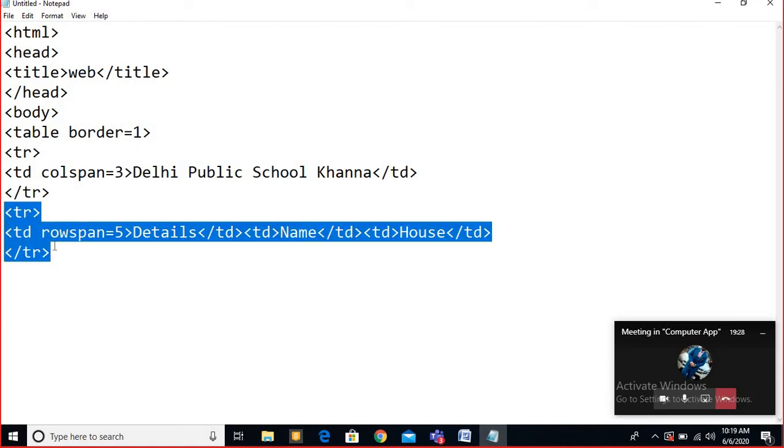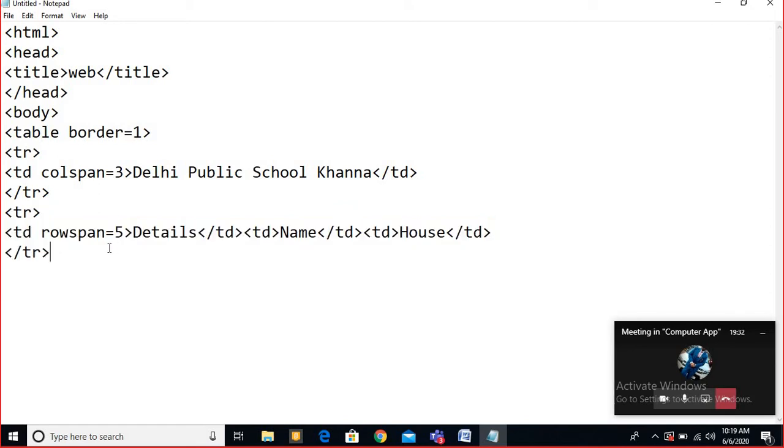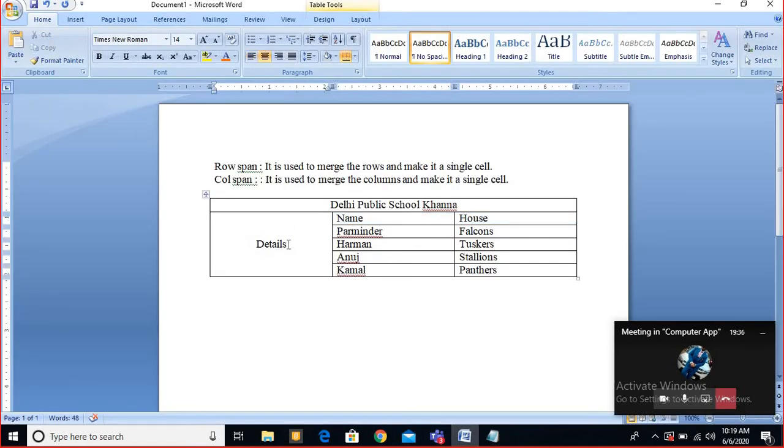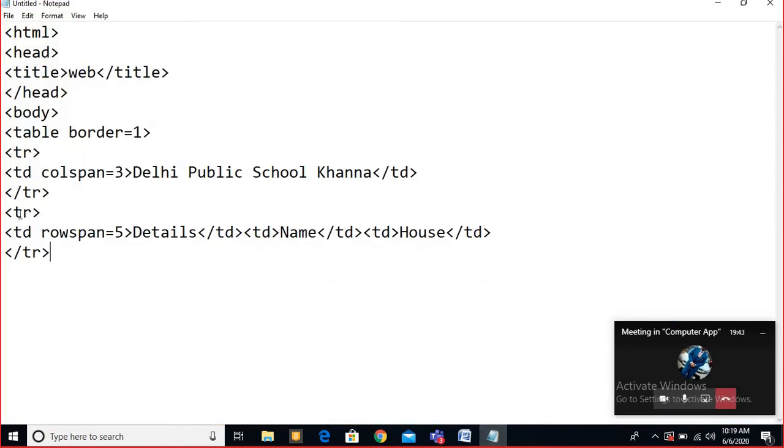Okay, in tr you only have to understand this thing: when you have applied row spanning for the first time, whatever the text is in the row span, that's fine, but after that whatever the first row, that should be in the same tr. So here, look, I did not close the tr after this, so it should be in the same, that's why it will come as I showed you, otherwise it will not come like that.